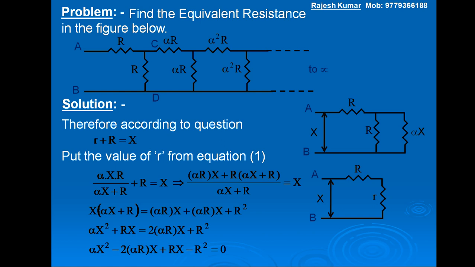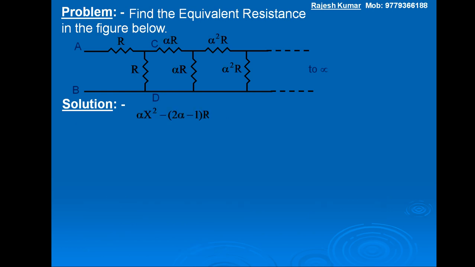Or taking all the terms to the left hand side, we get the quadratic equation alpha x square minus 2 alpha rx plus rx minus r square equal to 0. That is alpha x square minus, taking rx common, we get minus 2 alpha minus 1 within the bracket into rx minus r square equal to 0. Now solving this quadratic equation, we get,